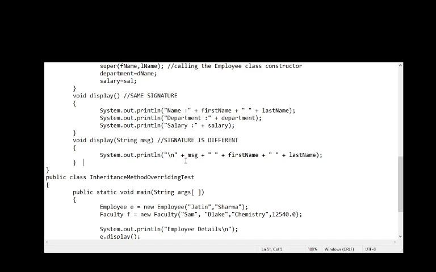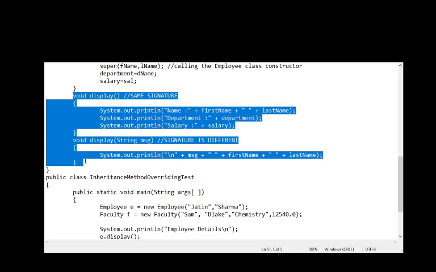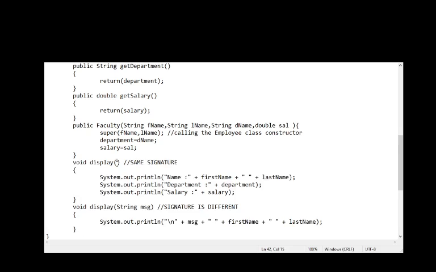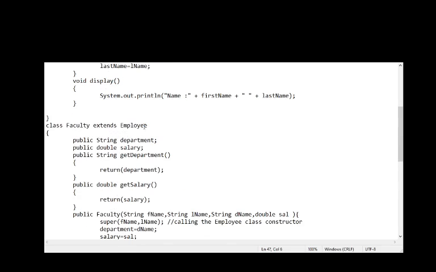So this is your method overloading. The same thing also happens if I don't have a method here. Suppose this method was not there,